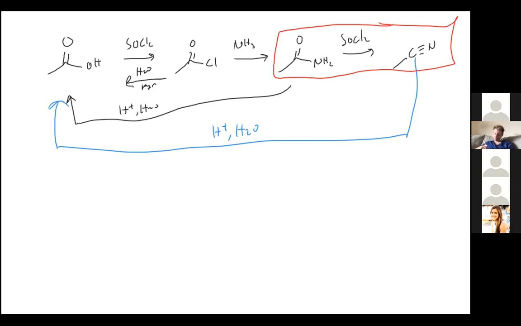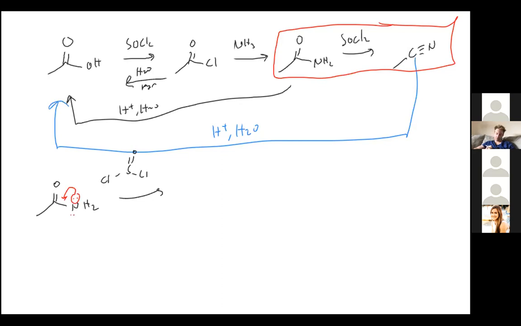We're going to start with our amide, as well as thionyl chloride. We're going to have our nitrogen come down, make an imine,